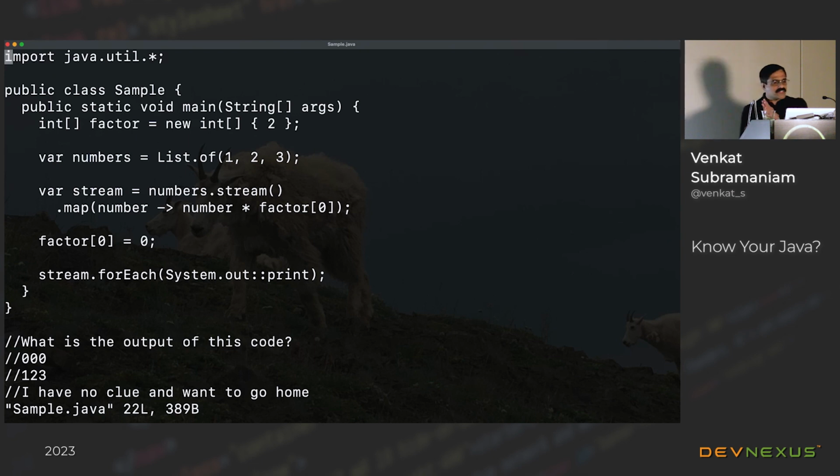And I need your answer for this one, but let's read the code before you give the answer. So in this code, I have a factor, which is an array of values, in this case, the value 2, as you can see. And I have numbers 1, 2, 3, and I have a stream, and within the stream, I'm saying map and number times factor. Then I say factor equal to 0, and I'm going to output the value.